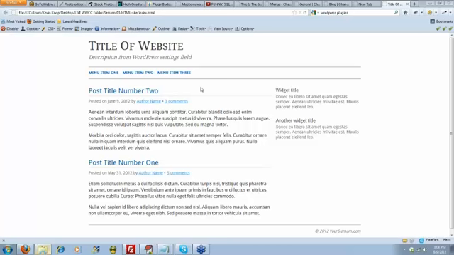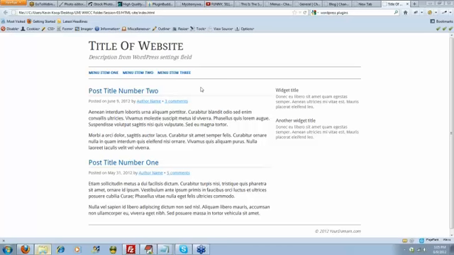Realistically, if you think about it, that's all a theme is. It's really just a standard HTML and CSS website, like any other, that has gone through the process of having specific PHP added to it that allows it to connect to the database